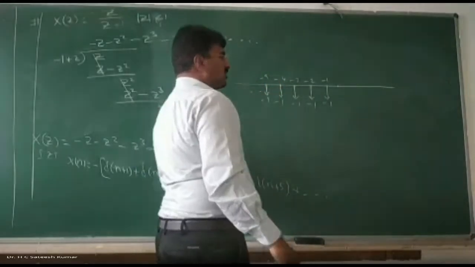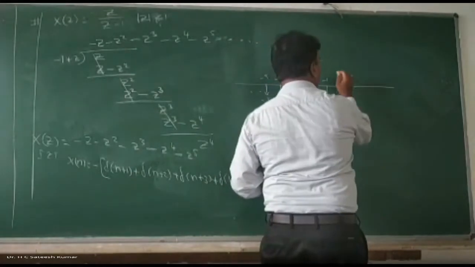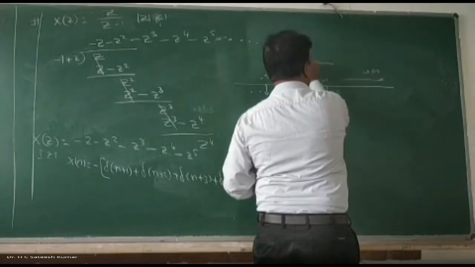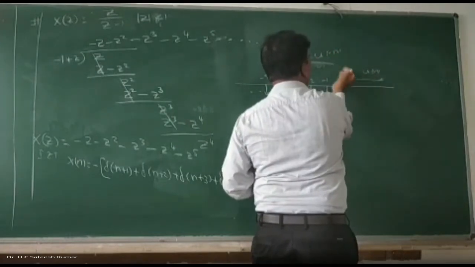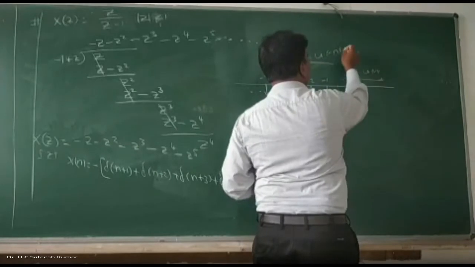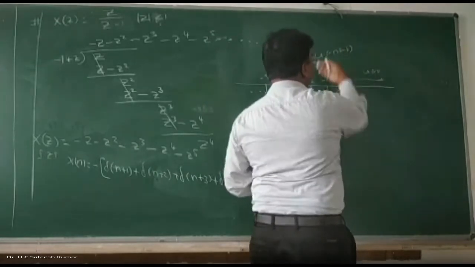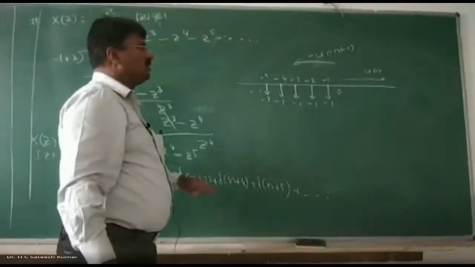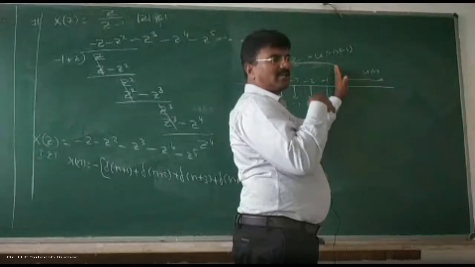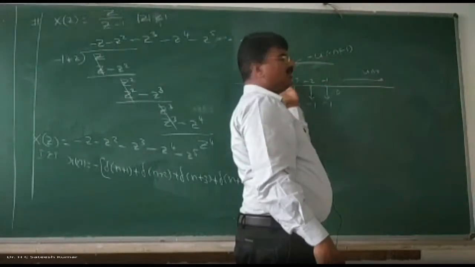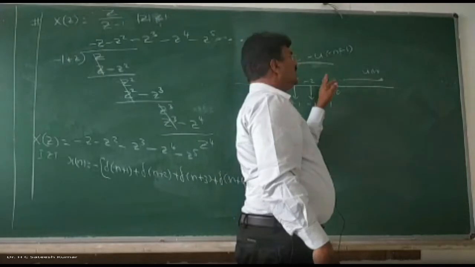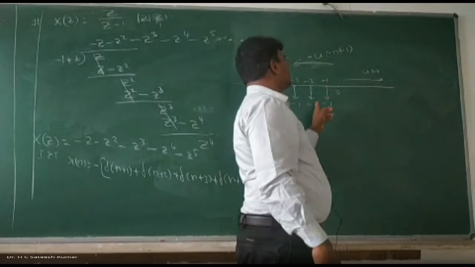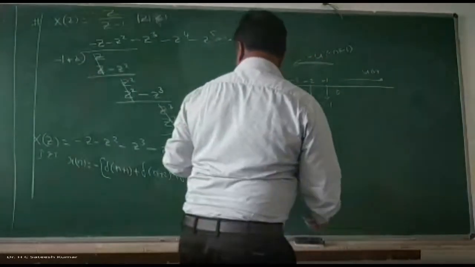So this is nothing but what? This side is 0. This side is nothing but u of n. The other side is nothing but u of minus n. If we shift by 1 unit, we get u of minus n minus 1. But the negative side is there, so that is nothing but minus u of minus n minus 1. Have you understood this one? From 0, the right-hand side is u of n. Fold it: u of minus n. But shift by an amount equal to 1 unit, then you will get u of minus n minus 1. But the amplitude is negative, so you should write minus. So therefore x of n is equal to